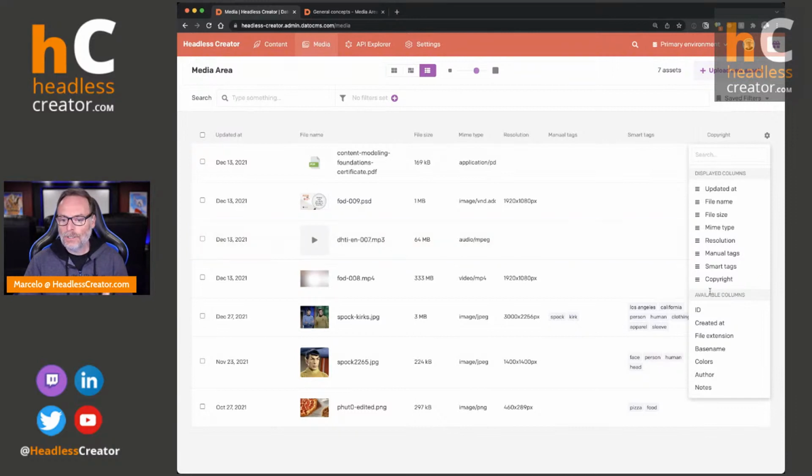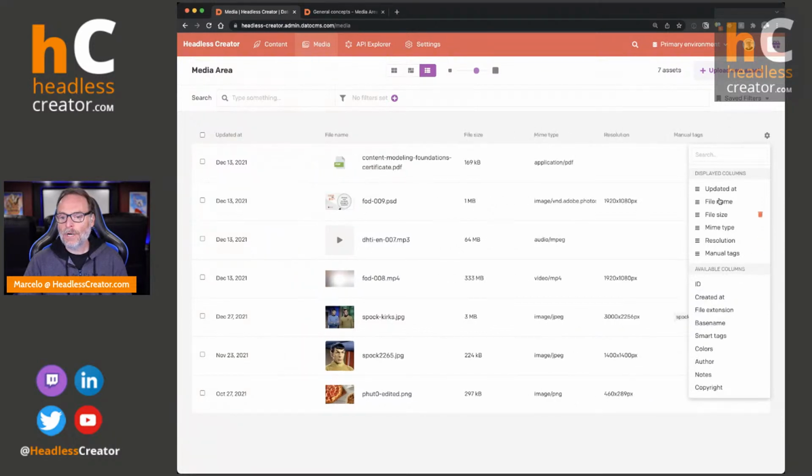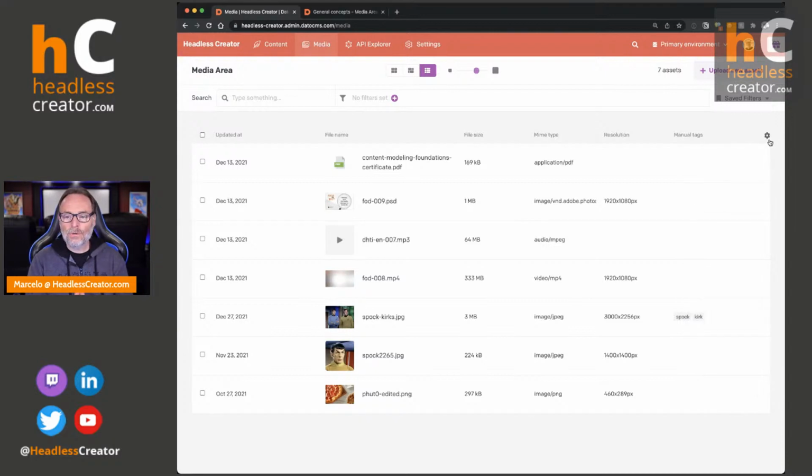So if that's important to you, you can remove any columns. For example, let's say I don't care about the copyright. I'll click on delete. Maybe the smart tag's gone. So now we just have that. Okay, and that is your ability to see all the column data that's important to you by clicking on the